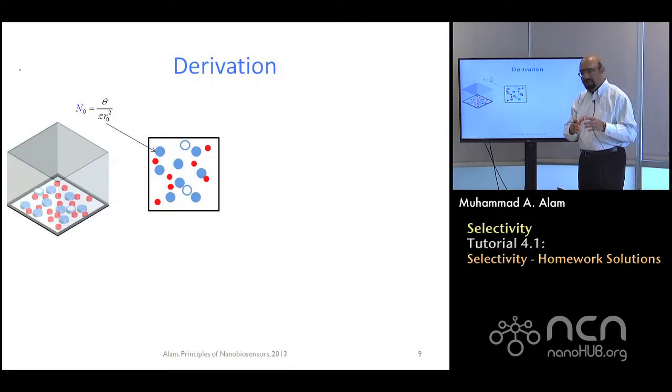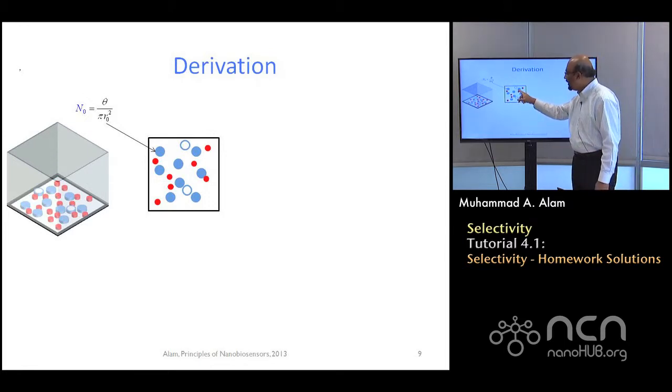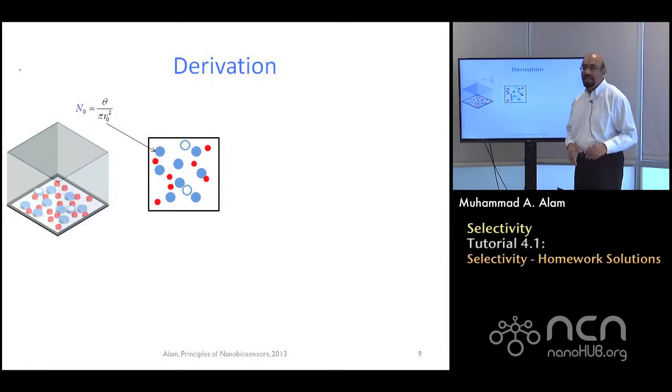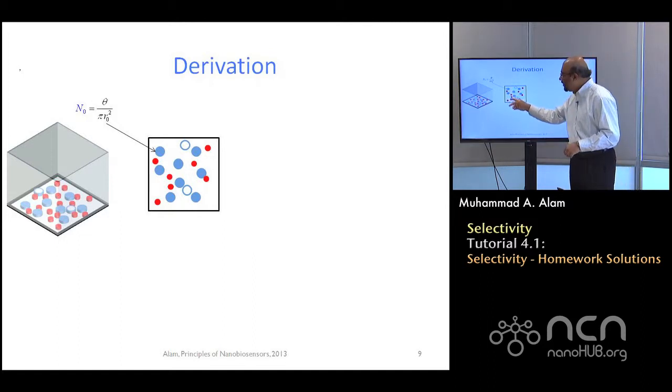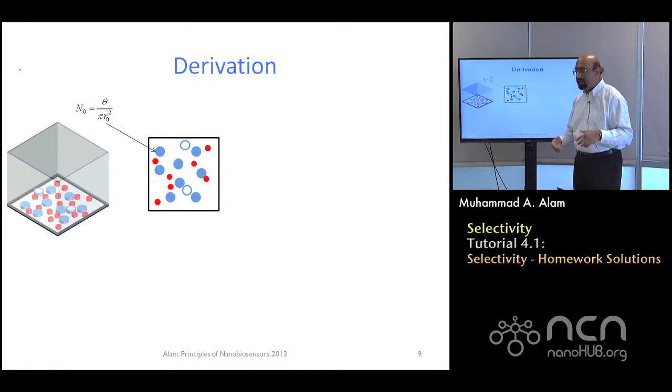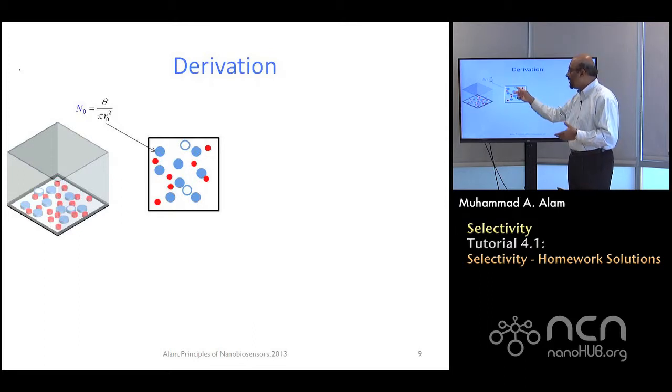And you incubate it for a certain period of time. The target biomolecules has indeed come, and it has occupied 1, 2, 3, 4, 5, 6, 7, 8. 8 out of the 10 is now occupied. And in these other places, this red are the parasitic molecules. The parasitic molecules, of course, would not fit with the receptor itself, so they are sitting in empty places.